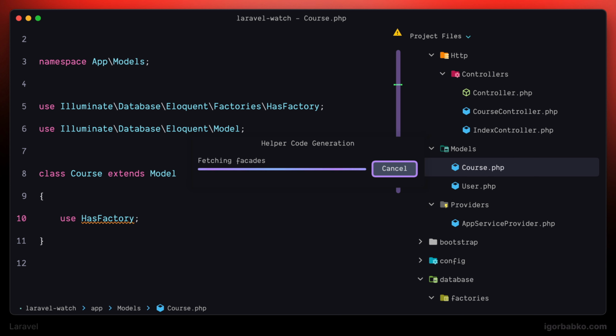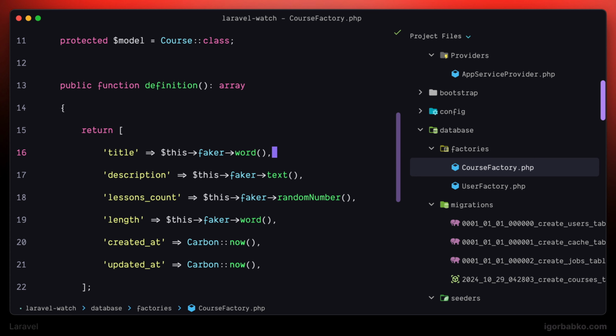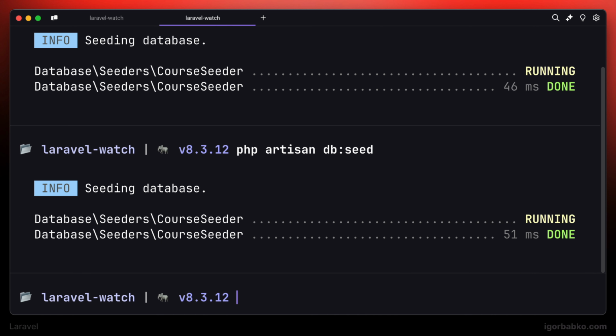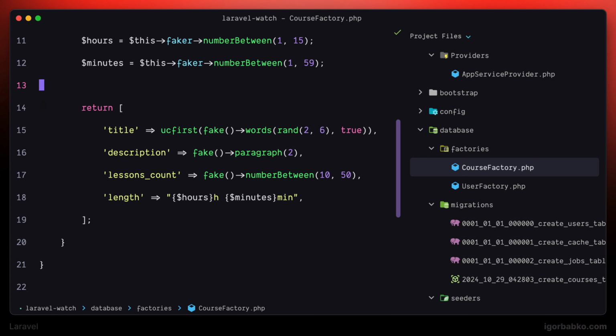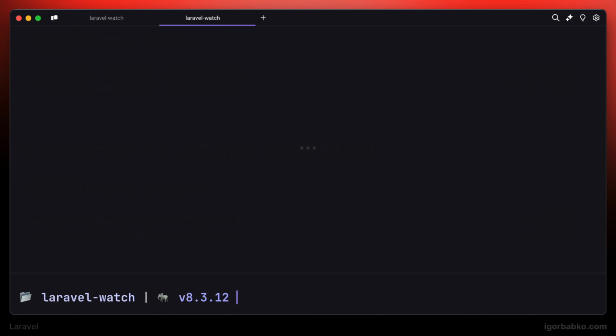So after running this command, let's try to generate course factory one more time. As you can see, this is a really handy and quick way to generate factories for models. And after running dbseed, we can still see that database has been populated with random data. So this was just for demonstration purposes. I'm actually going to get back the factory that we have created ourselves. And let's finish this